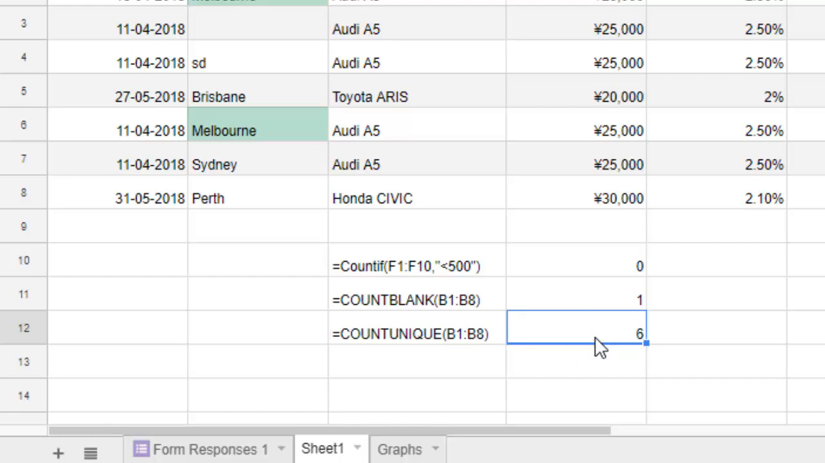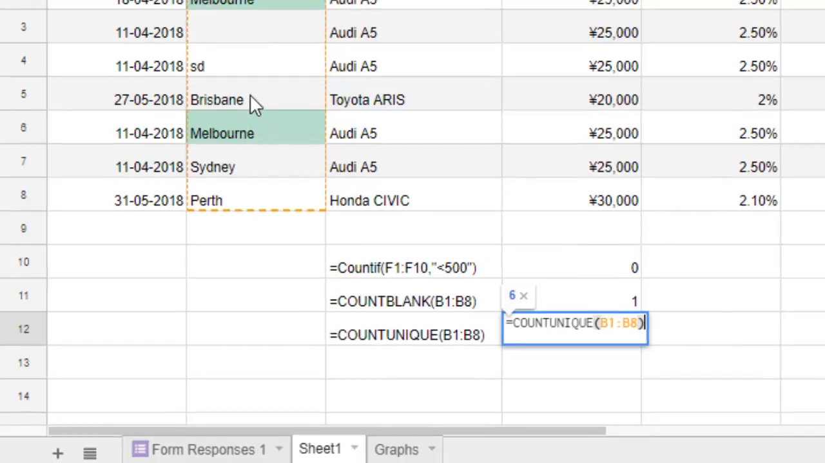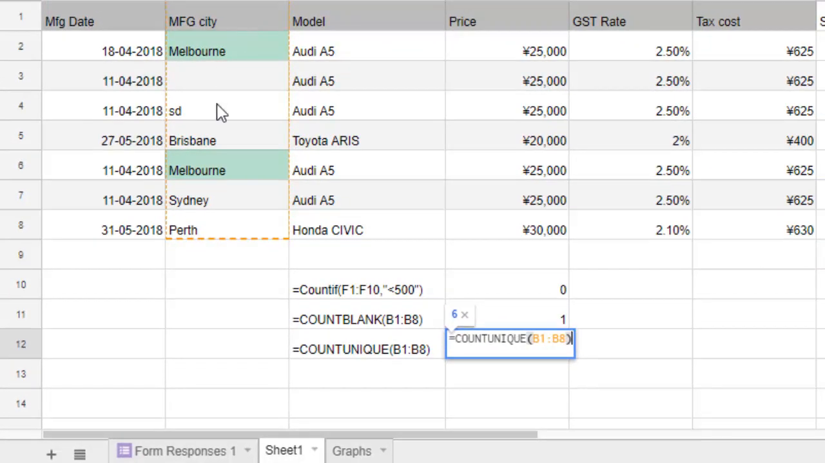So here you can see the output of this particular method is 6. That means there are 6 unique values in this particular range: 1, 2, 3, 4, 5 and 6. This Melbourne is a duplicate, that's why it is being counted as just 1. So that's why the output of this particular function is 6, because there are 6 unique values in this particular